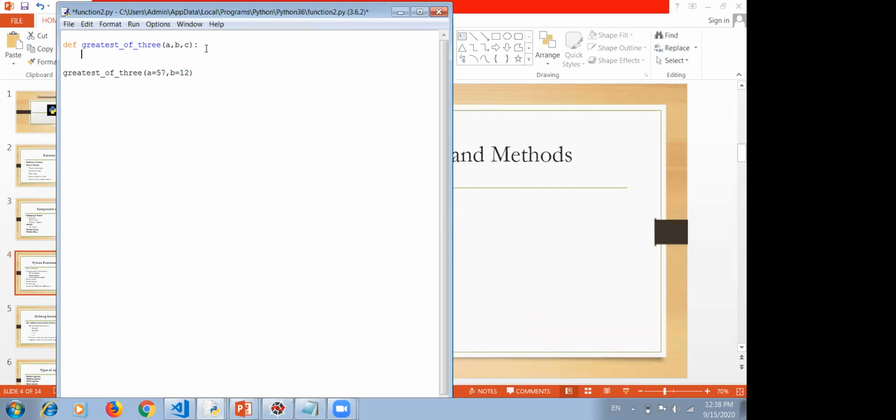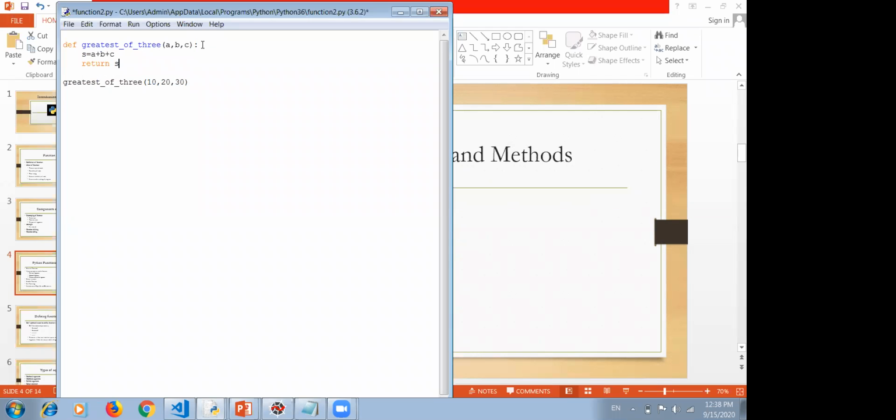Whatever the three values given to the function, it gives the sum of these values. Let s is equal to a plus b plus c, and then it returns this s, and here I pass the three values, say 10, 20, 30.